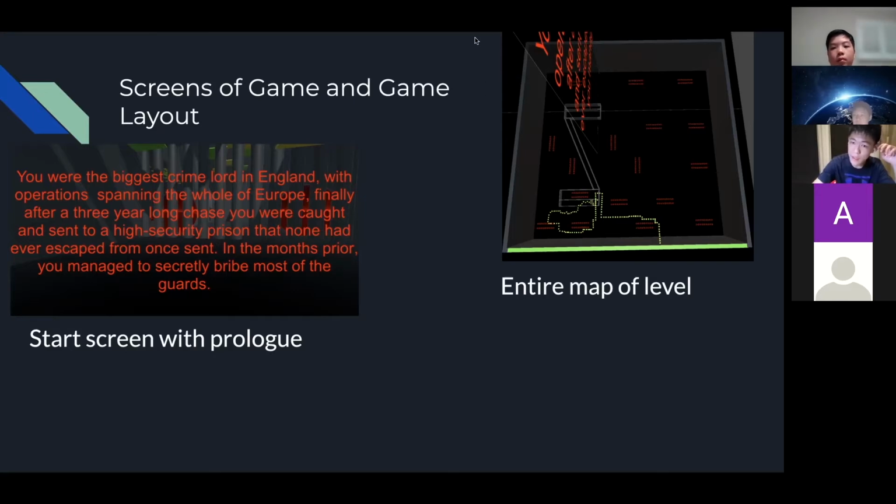This is the entire map of the whole level, with the red balls being all of the guards, and I have these green and yellow tiles, which are basically a parkour course.